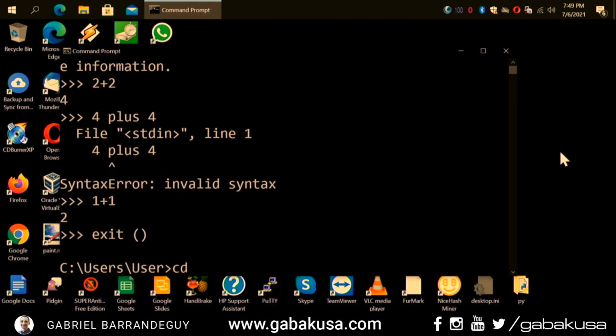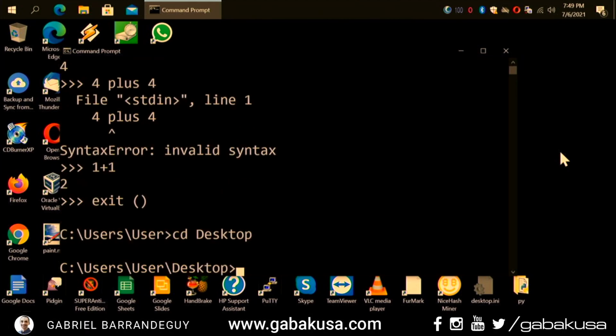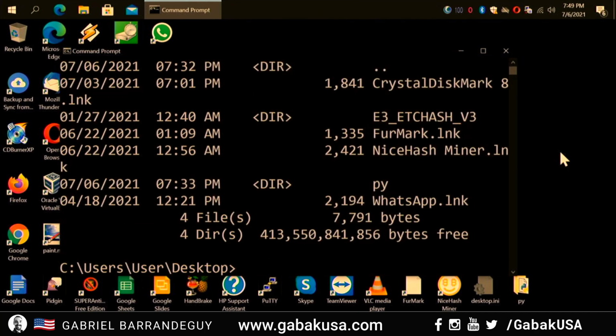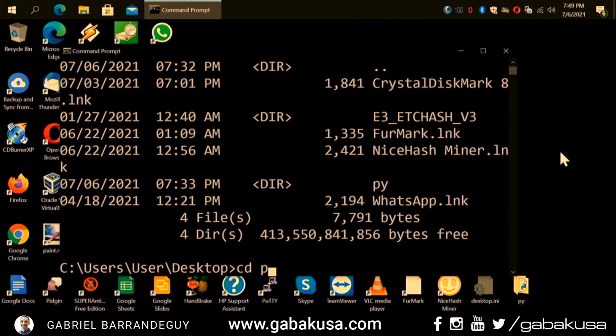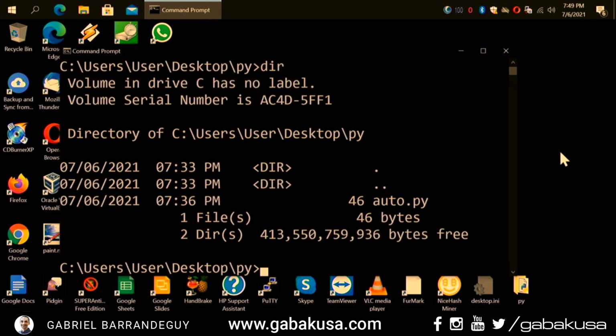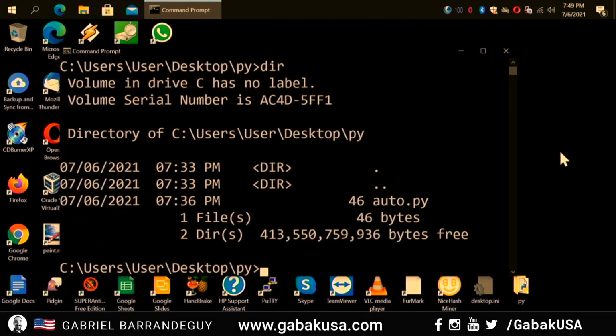So now I'm going to enter in the desktop folder. So I have more classes about how to become a computer technician. Over there, I teach a little bit more about command lines. But here, let's say that we are in the desktop. So we type dir, and then we are going to see all the folders that we have here. In this case, we are going to go to py, that is the folder that I have already for this. And I have a file that is called